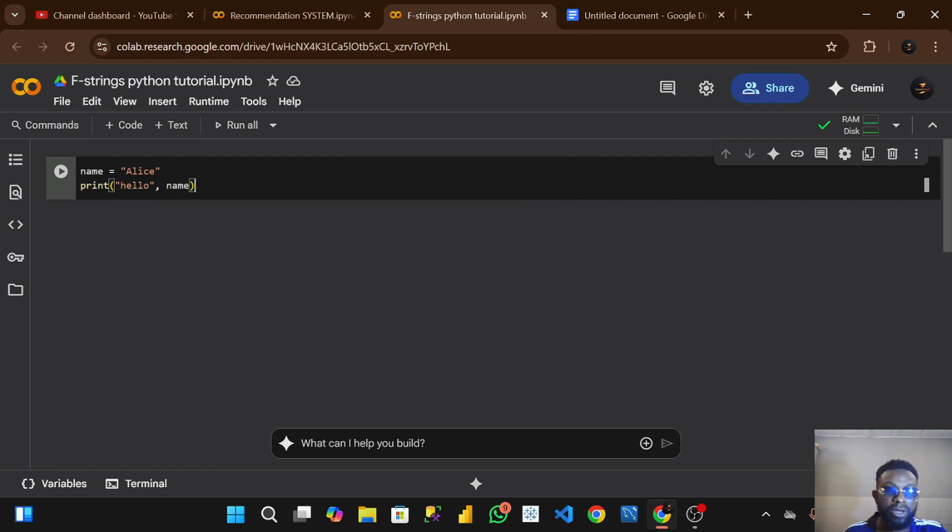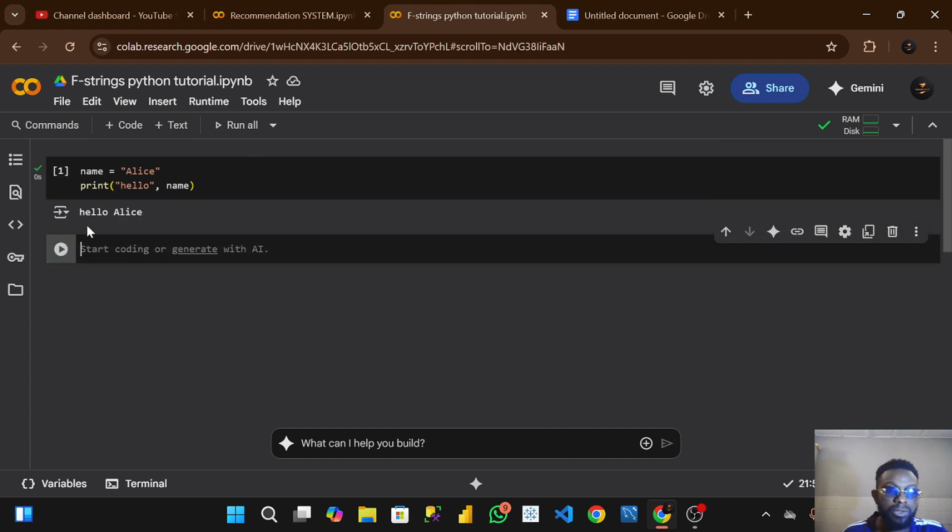This is name as a variable. Let's see what it gives us. You can see what it gives us, but in this situation we are making use of f-string,